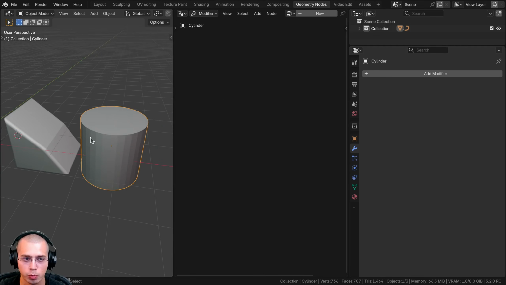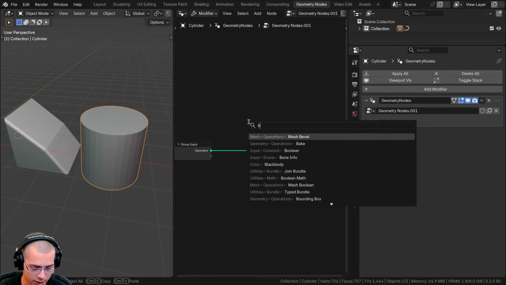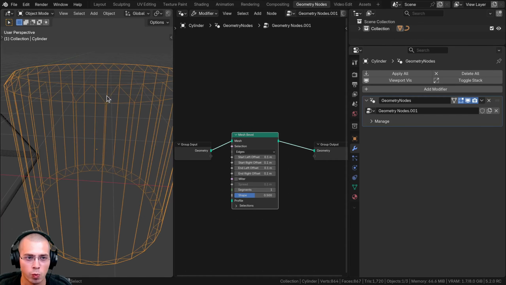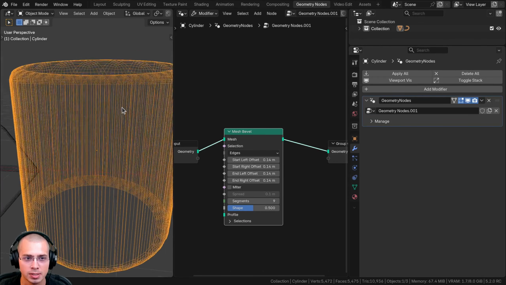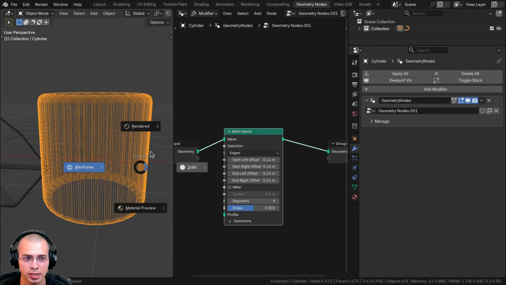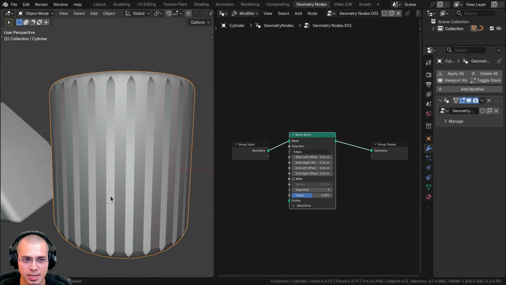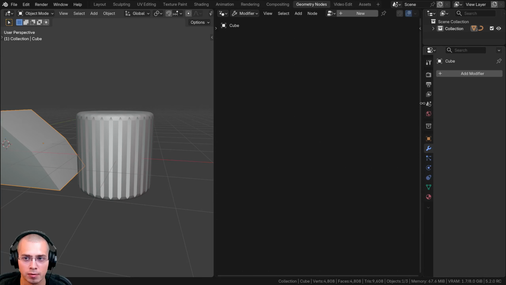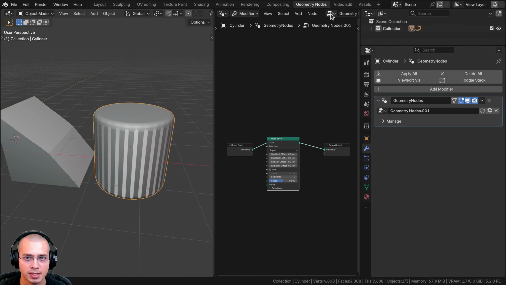And this would also be really important for a cylinder. So for example, I could add a cylinder here and add new geometry nodes. And then what I could do is add the mesh bevel and we'll drop it here. But you can see if I go into wireframe and then we'll turn up the segments, it's adding the bevel there to every single loop going vertically. And so this is definitely going to be a problem because now there's lots of overlapping faces. And also if I just delete the modifiers from this cube here, I'm going to add the same geometry nodes